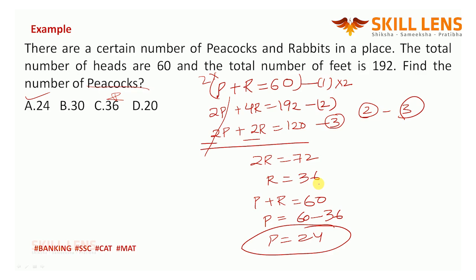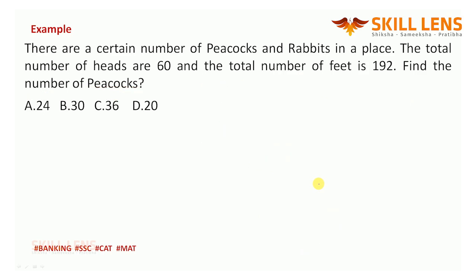This is the basic way of solving the questions. But what is the other way around? Here I am using two equations. How to solve with a single equation? Let's see. There are 60 rabbits and peacocks. What do you want? You want peacocks. Let's say there are P peacocks. So can I say 60 minus P are rabbits? A peacock has 2 legs and a rabbit has 4 legs. The total number of legs is 192. So 2P plus